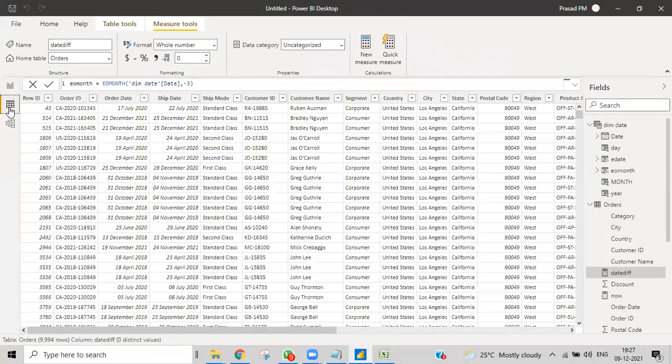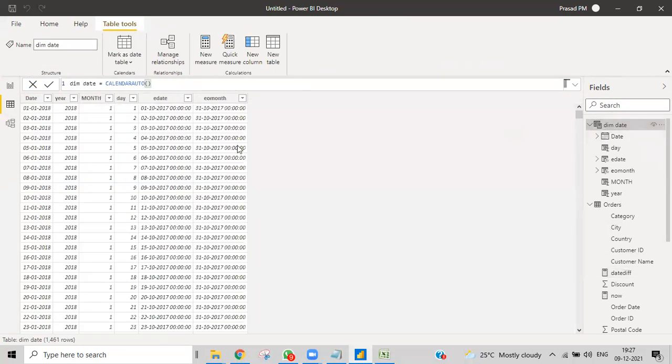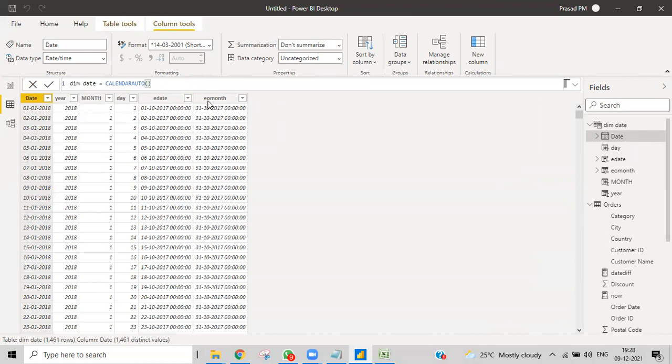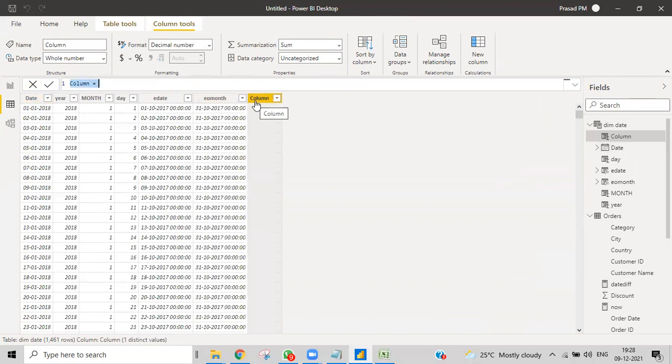So what I can do right now, after learning what date difference is, is fix this. I want to check the days between today and this date. So what I'll do is create a new column. You can click anywhere. It's not like you have to click on that particular column only. You can click on any column and then create a new column.